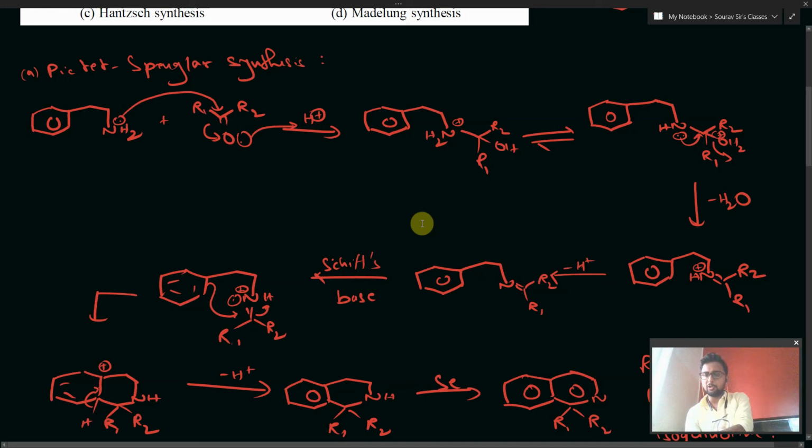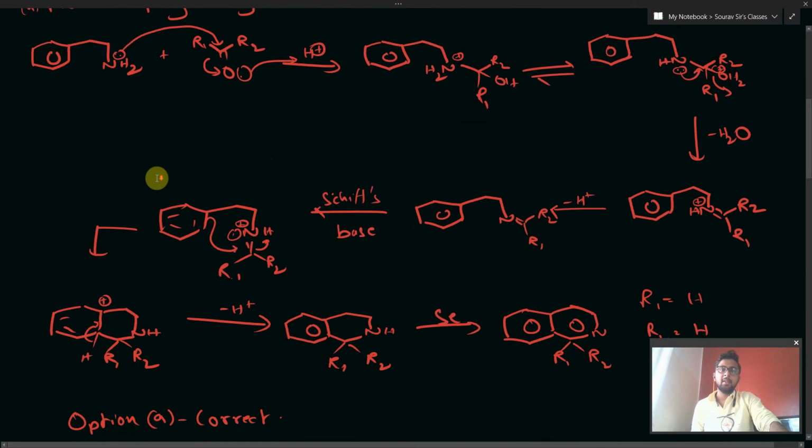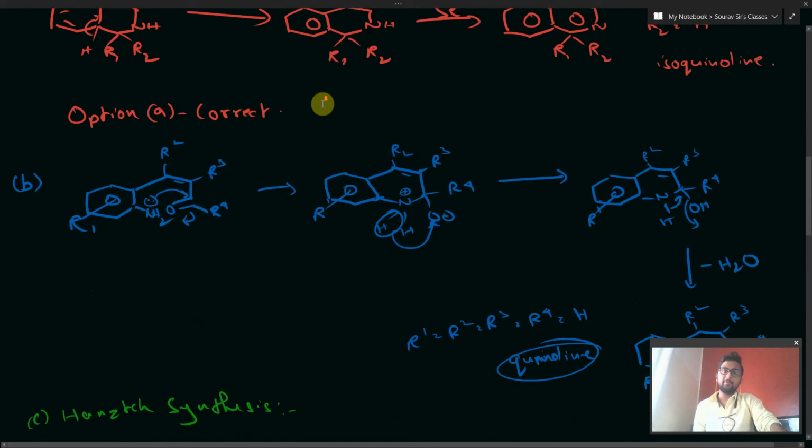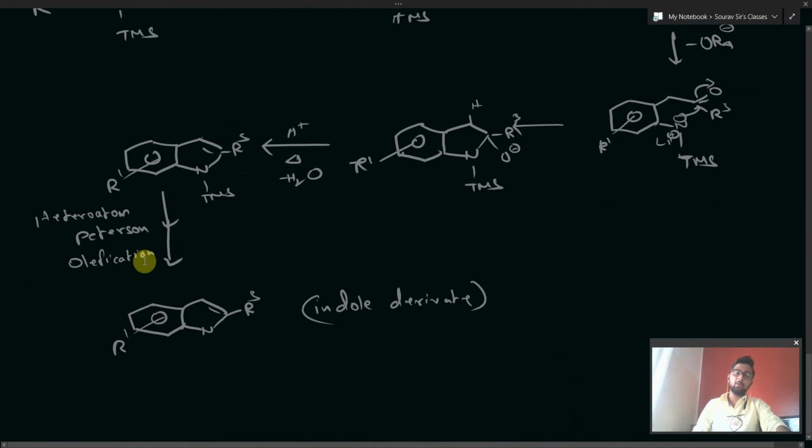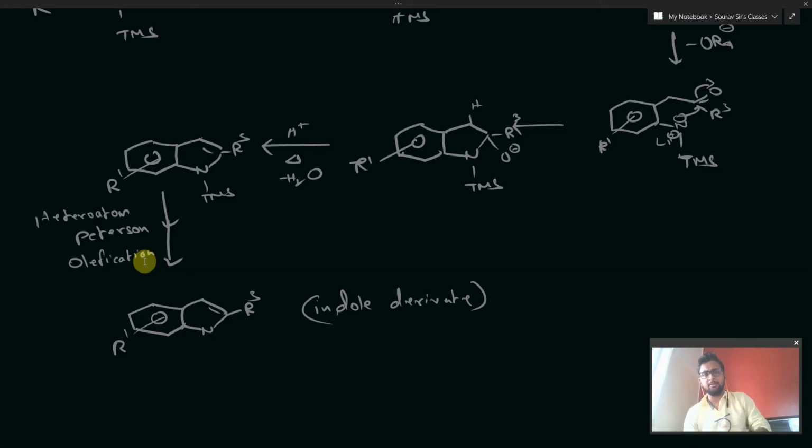It will be easy for you to follow up the heterocyclic chemistry, and then you will be doing it quite properly. Okay. Things like Schiff base and things like this heteroatom Peterson olefination, these are quite complicated things, and cannot be directly explained in this video. So what you can do is either we can discuss it in some other video, or you may look it up on Google or something.